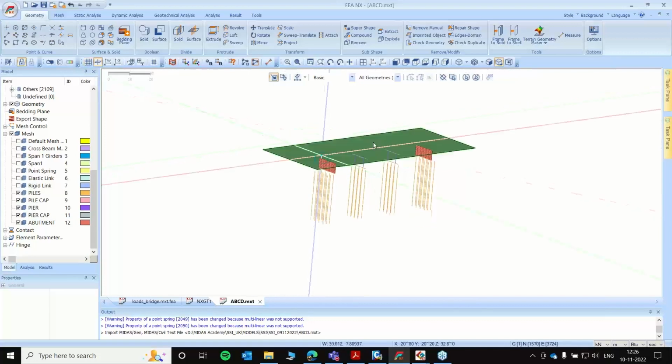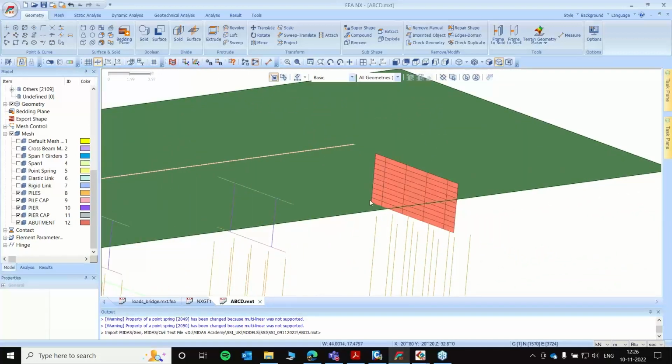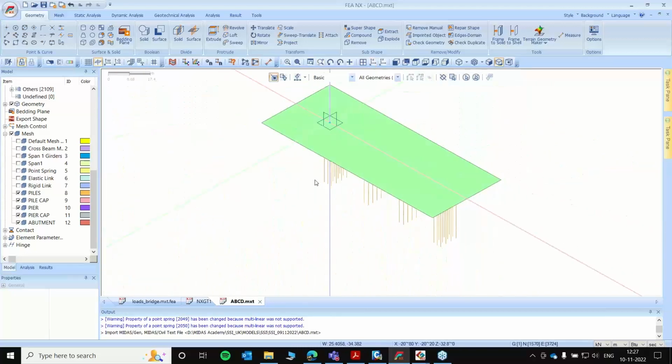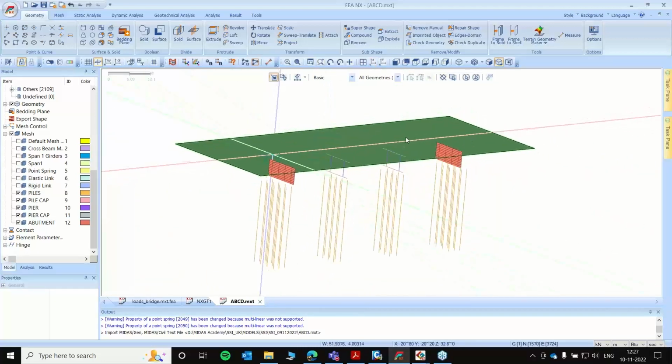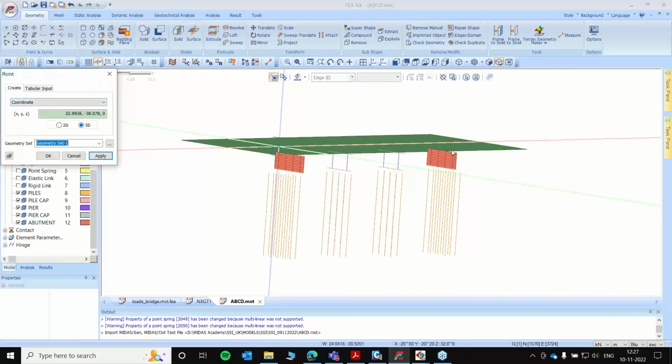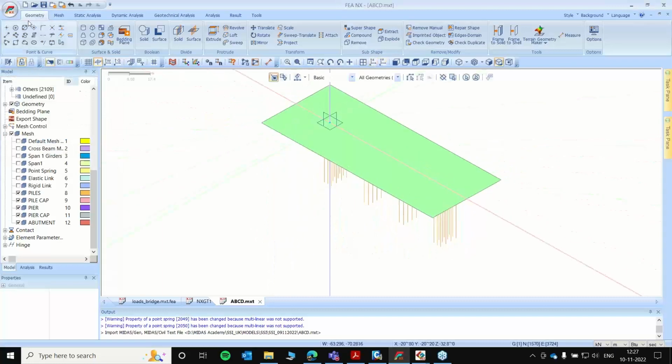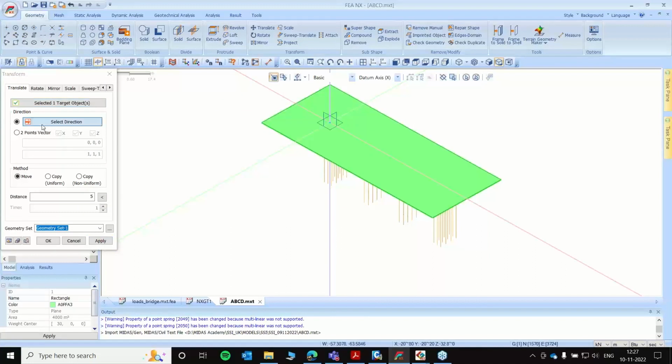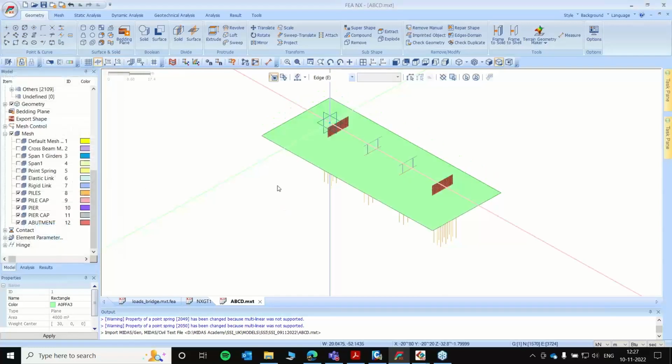So our goal is to ensure that the node sharing from the abutment and the pile is present with the ground. So for that I just need to know the location of the abutment. For that I just go to create a point and check for the z-axis coordinate on the bottom, that is minus 6.8. So what I do is I'll go to translate, select this direction z, distance minus 6.8, press OK.